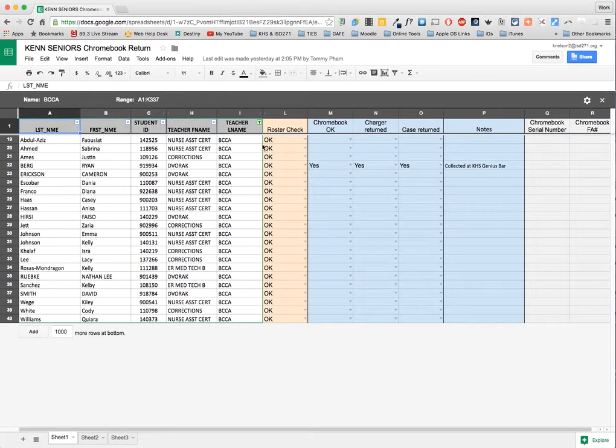You'll notice that if your roster check was performed, that's all right here, and it's basically set and ready to go. From here on out, it's up to you to collect Chromebooks from your students. As you collect Chromebooks from your students, you'll follow these steps. Have your students open the Chromebook, turn it on, and show it to you. As they show it to you, just double check to make sure that there's no screen damage